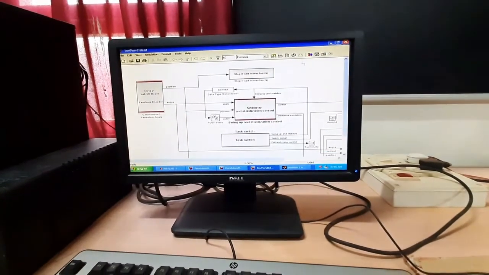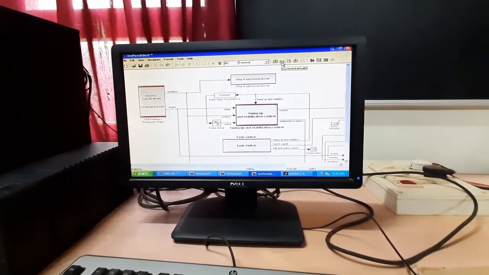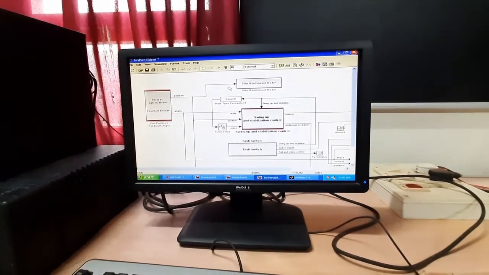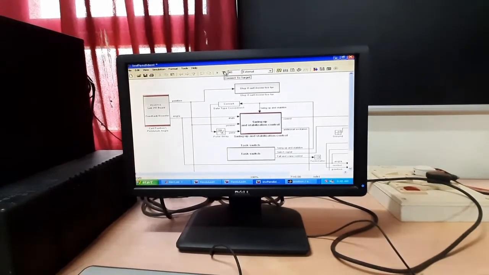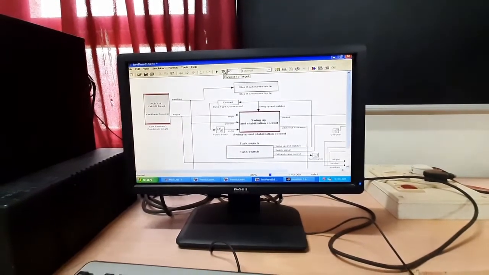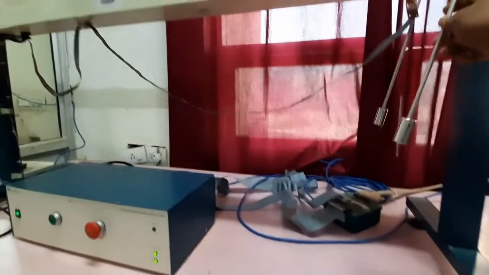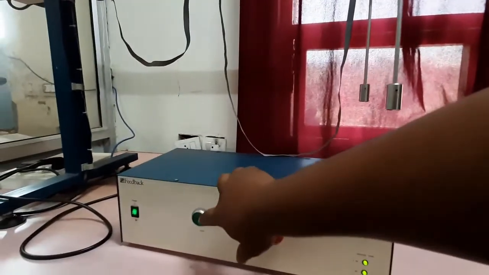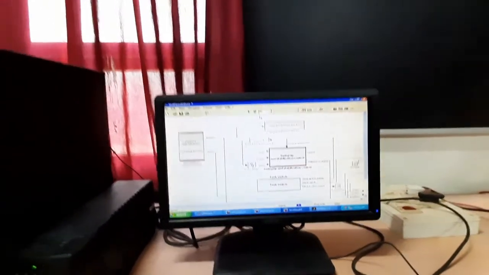The same, we have to do the incremental build, then connect to target, then start, then the play button.